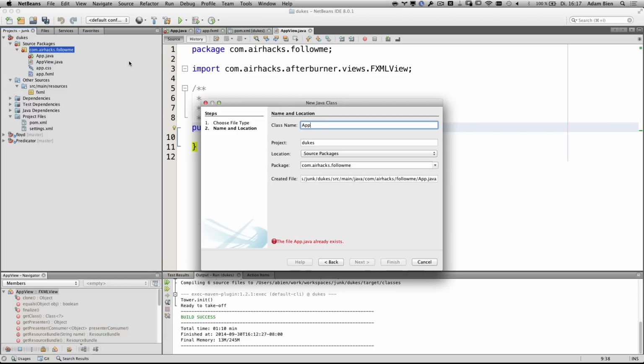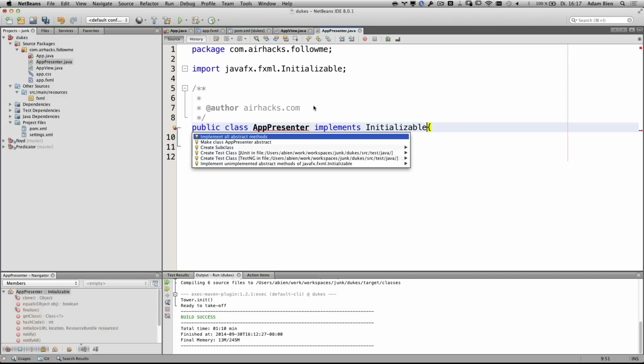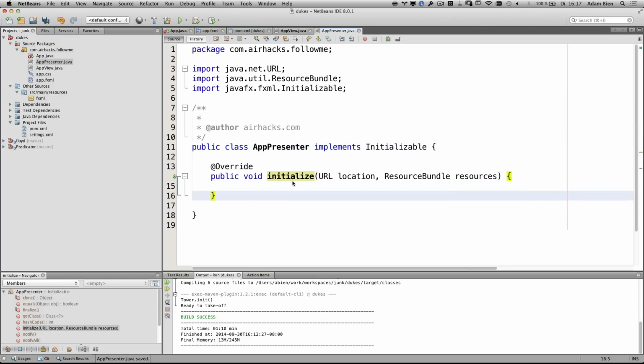App presenter is just a POJO. If you would like to use initializable from JavaFX, you can implement Initializable, and then you have to implement this method, and this method is invoked for initialization. It is actually nice for debugging whether it actually works.